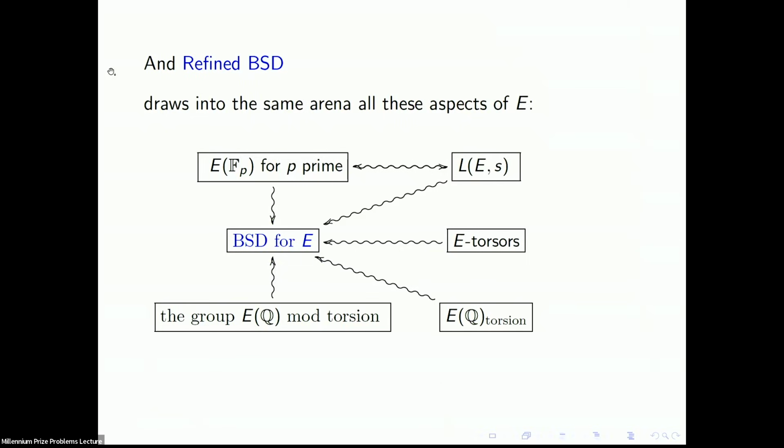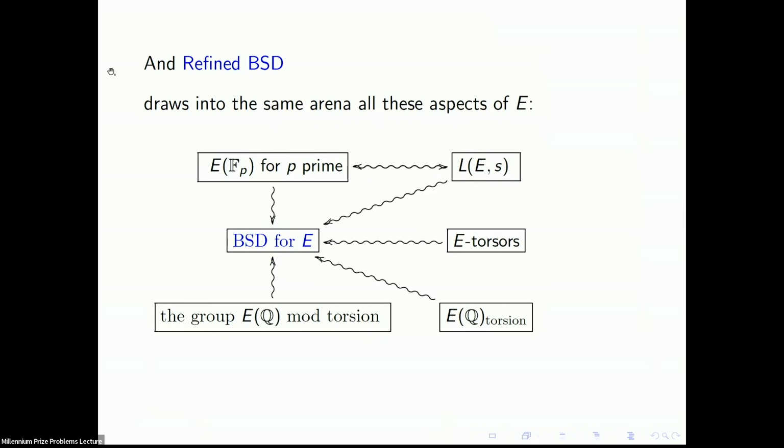Refined BSD is quite a thing. It draws into the same arena all these theories, if you want, or aspects of the elliptic curve. There's the local arithmetic, and it's the group of rational points of the elliptic curve over prime fields. There's the analytic number theory of the elliptic curve. There's the global arithmetic, and I put the global arithmetic in 2 boxes here because what's curious is